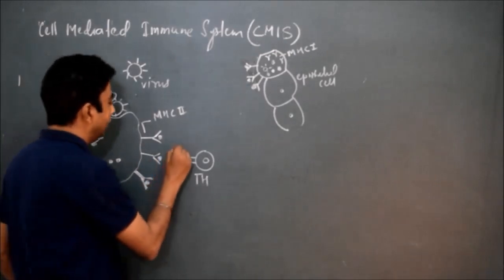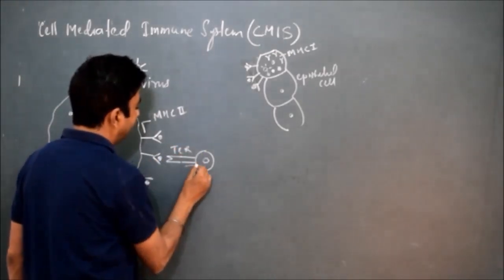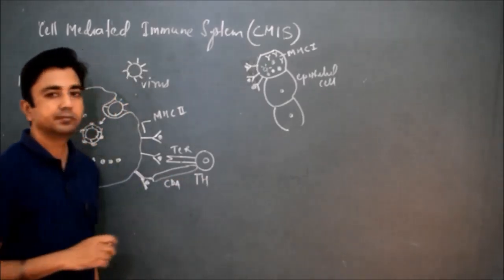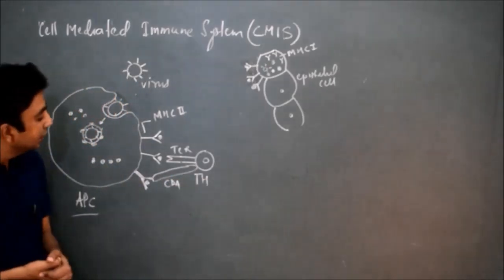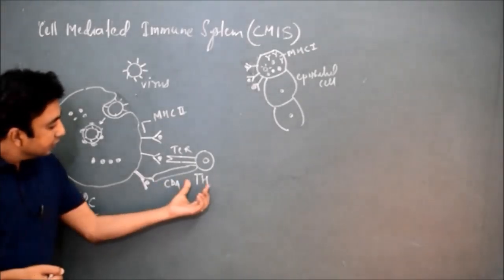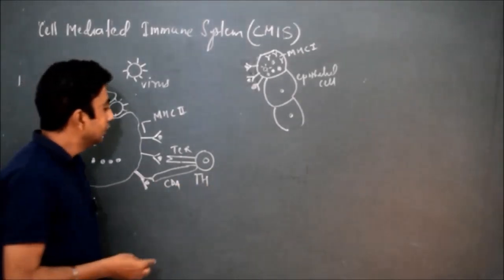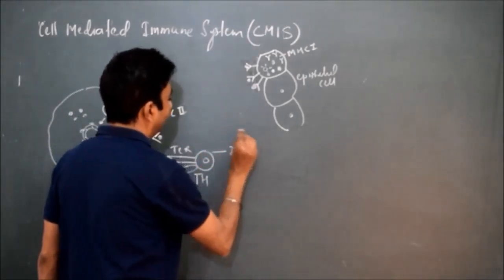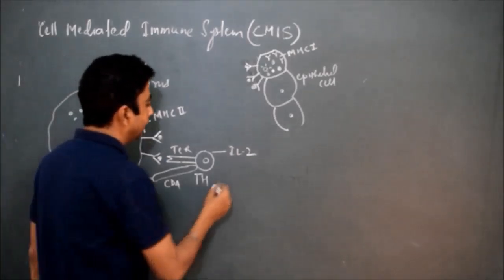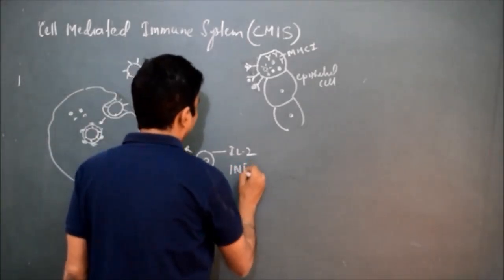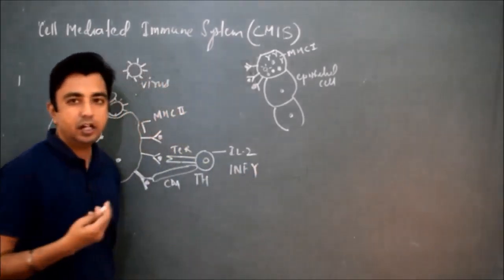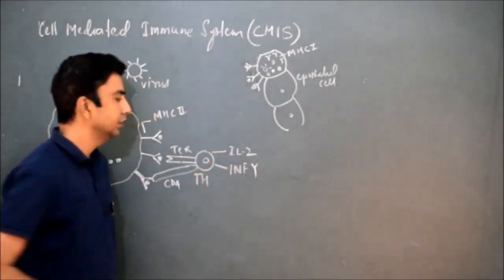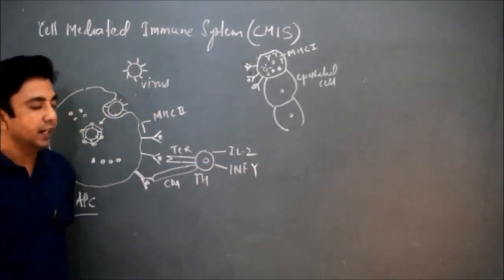Again it has TCR and CD4. Now this TH will secrete IL-2 and interferon gamma, or gamma interferon. With the release of these two, interferon gamma and IL-2,